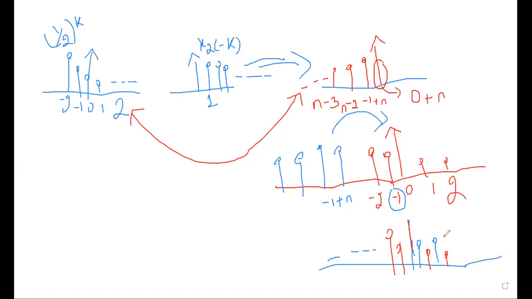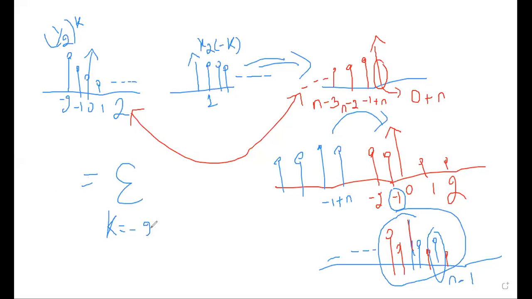So the range of this part is n minus 1. If I see the signal, can anybody tell me from which range to which range it overlaps? -2 to n-1. Okay, very good. -2 to n minus 1. In order to get the limits only, I am struggling this much. So I can write my summation k equals -2 to n minus 1.